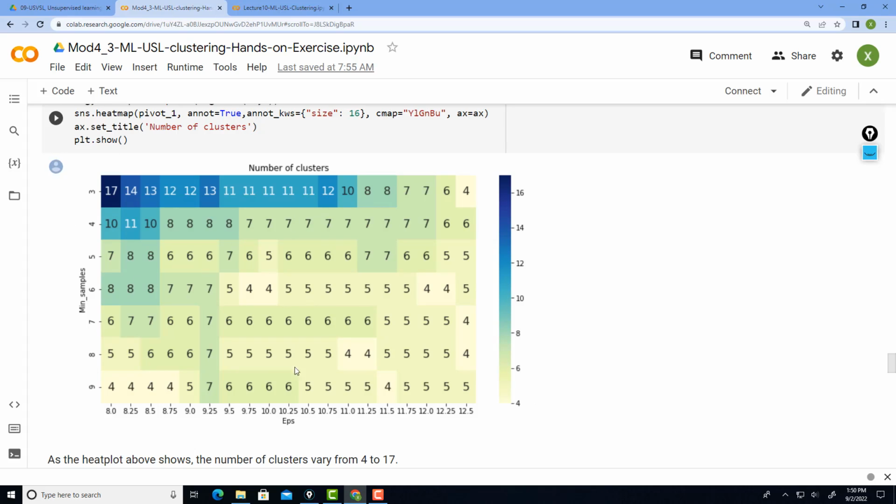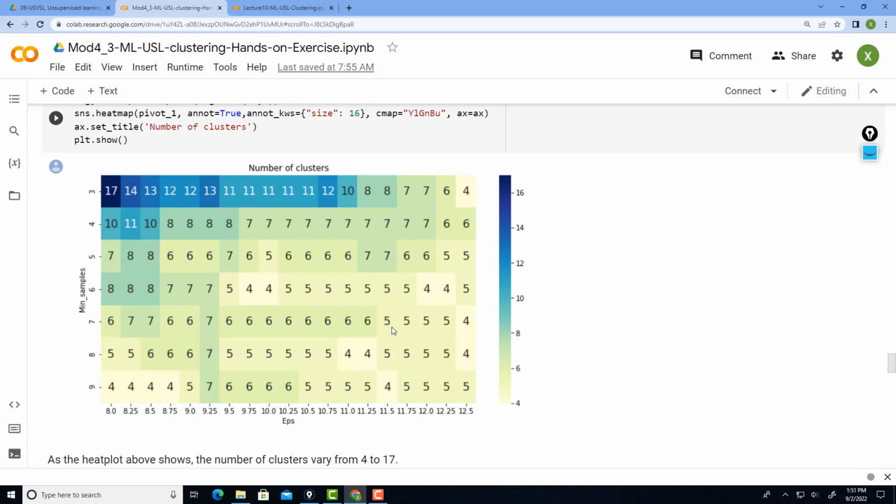Based on the DBSCAN algorithmic procedure, this heat map tells you, for different settings, how many clusters DBSCAN actually identifies. You can see that if you only allow 3 to be the minimum number of required core samples, then definitely you are seeing more clusters. Also, if you look at a small neighborhood to identify core samples, you also get a relatively large number of clusters. So as the neighborhood size and the number of required core samples in the neighborhood increase, you get the trend of a decreasing number of clusters.